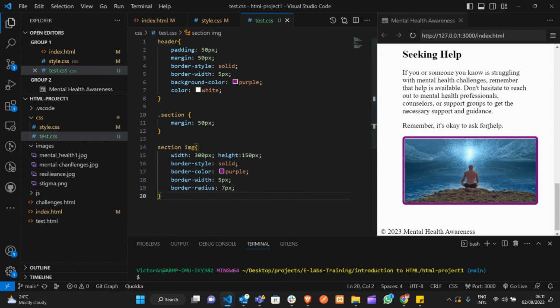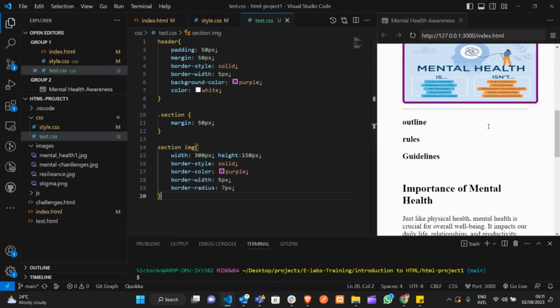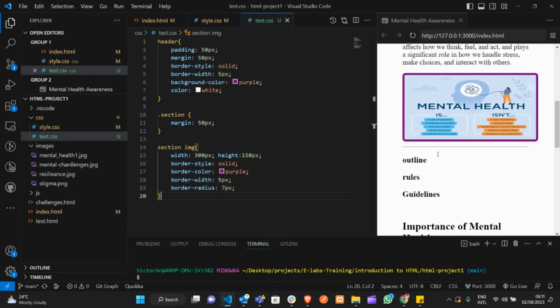I want these three elements, as you can see, outline, rules, and guidelines, to be styled together, but they are looking the same. They are the same H3, but they are not the same. If I decide to do H3 now